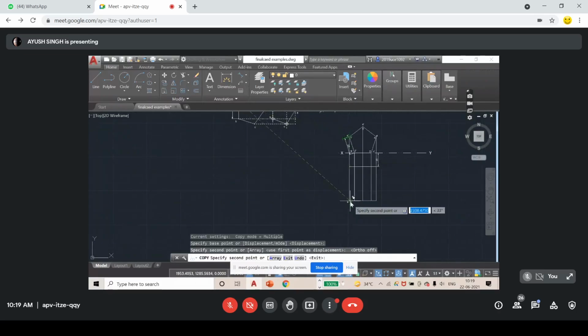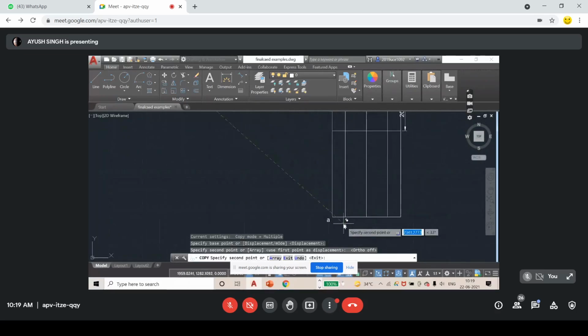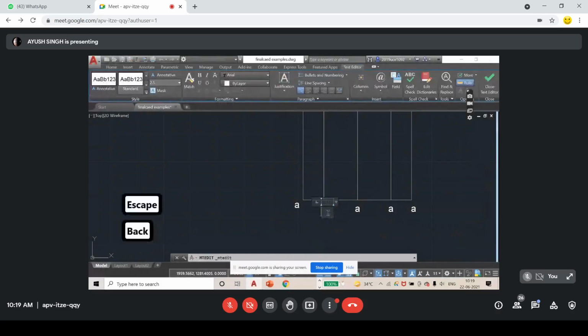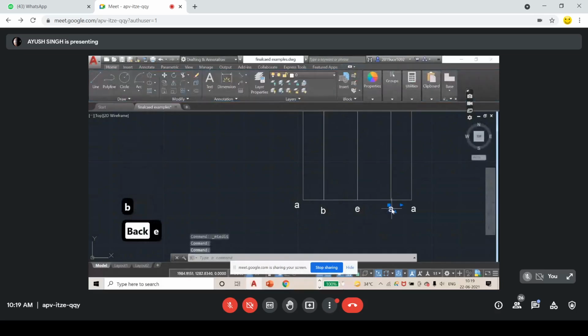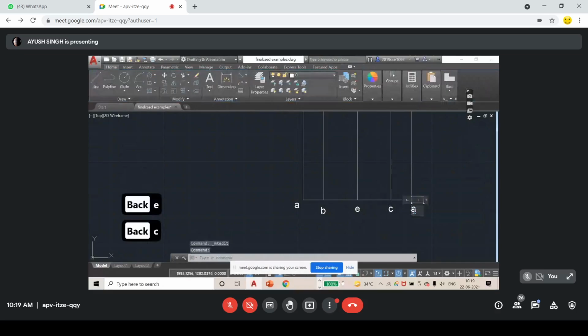This is A, this is B, this is E, this is C, and this is D. We don't have any overlapping here.